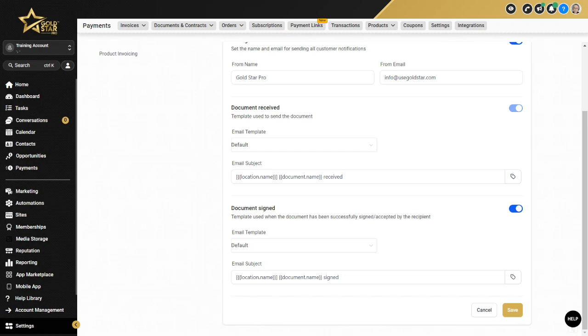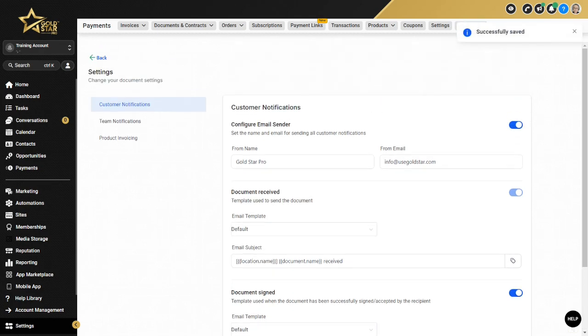Finally, at the bottom of the page, you can customize the notification that goes to the customer when a document is signed. On the right-hand side, you can toggle this on or off. If you'd like it to be turned on, you can again use either a default template or create your own, and you can customize the email subject as well. Once done, go ahead and click on Save, and then at the top of the page, we can move to